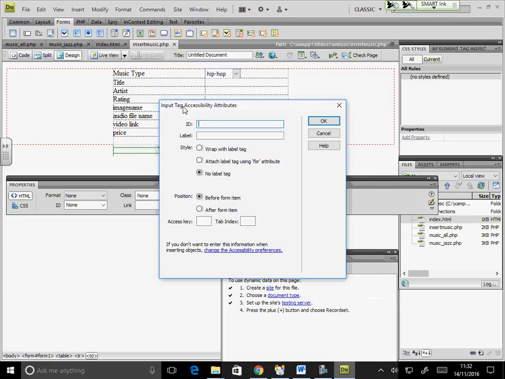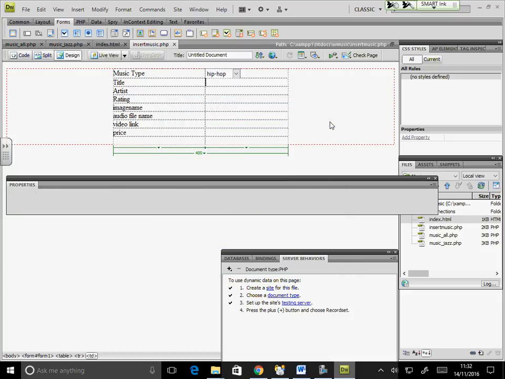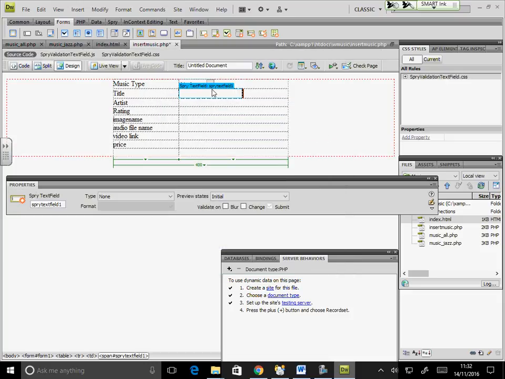So this is your title. Okay. Now Spry text field, when you click on Spry text field here, can you see it allows you to set what is the type? What is the kind of information you want to put in? If you leave it, it's obviously text, but it will not let you leave it blank. You cannot leave that field blank. Does that make sense? Yeah. So title.